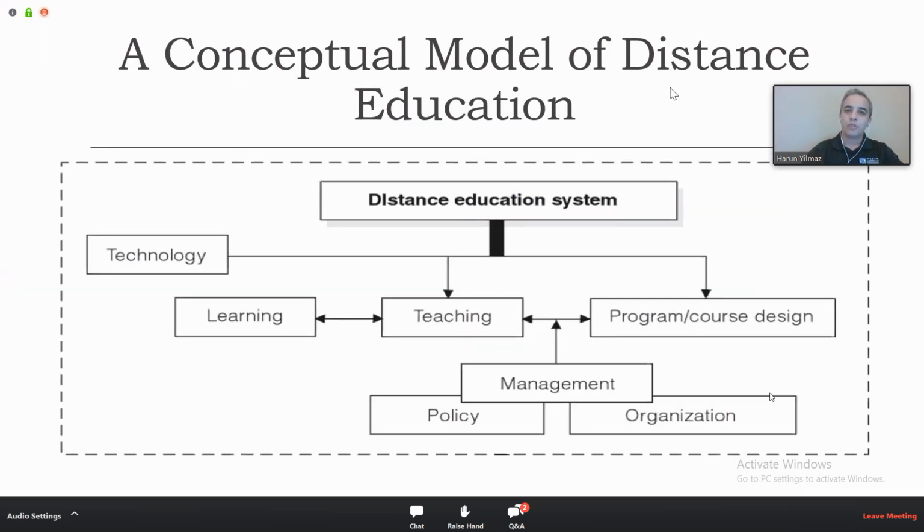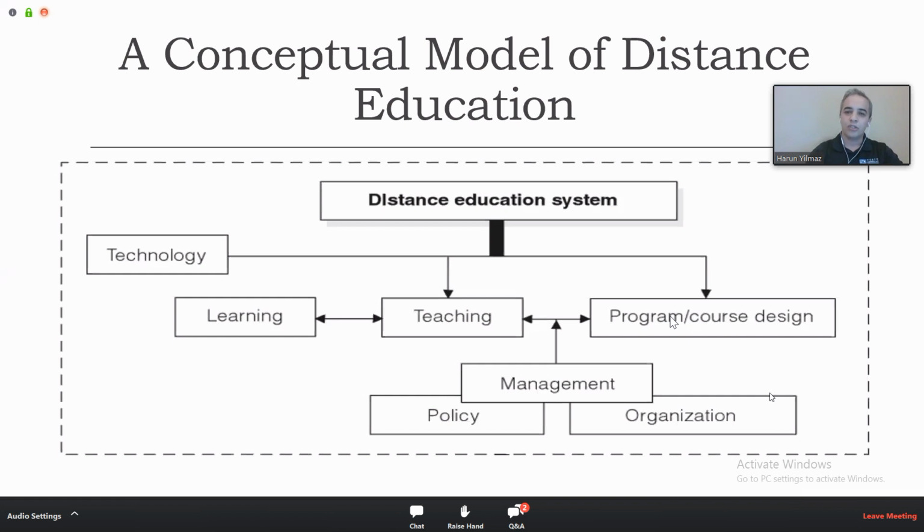And we talked about the conceptual model of distance education. And as you know, there should be an organization, like management, policy, and organization. Especially policy is very important for the online environment because of the COVID-19 problem. Some schools actually were caught without any preparation, without any online policy. And it is very hard to teach without a specific policy in an online environment. So there should be some kind of organization behind the learning and teaching. And in the ideal situation, there should be a design